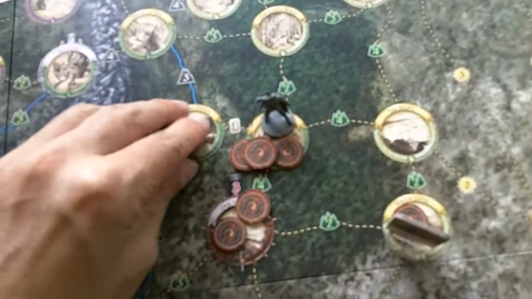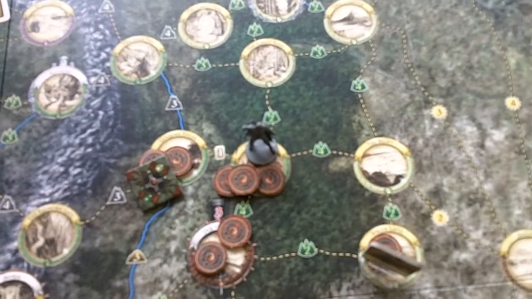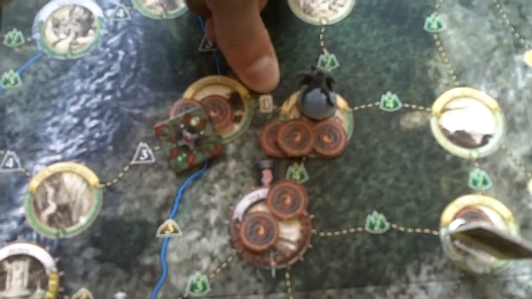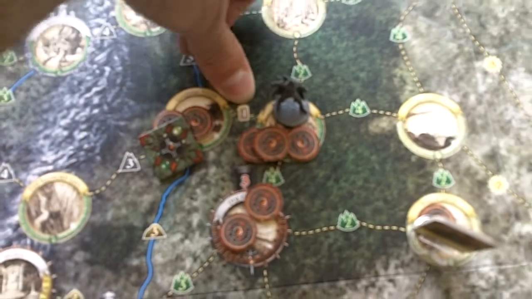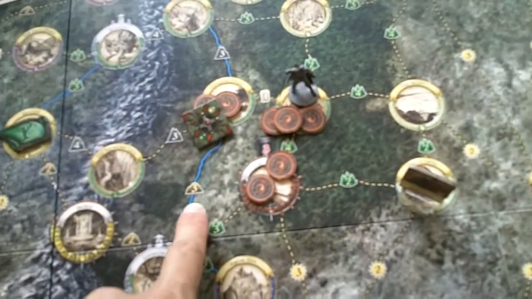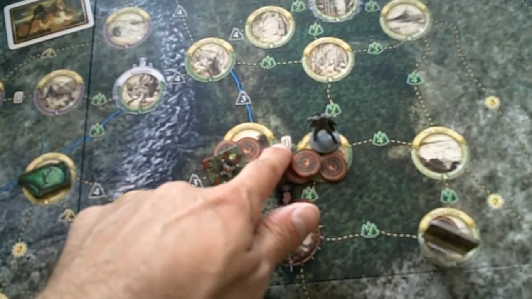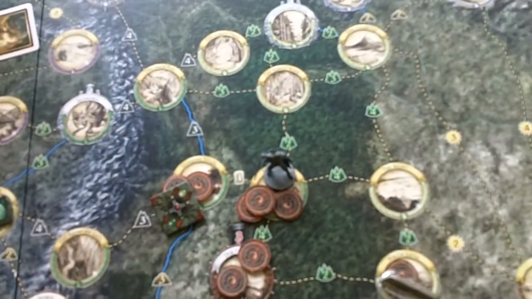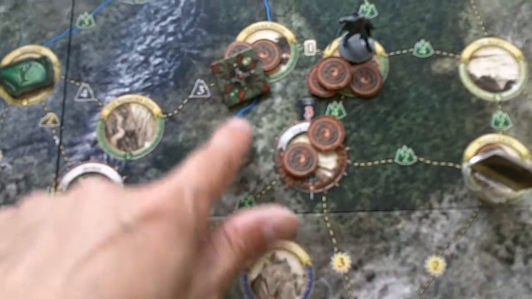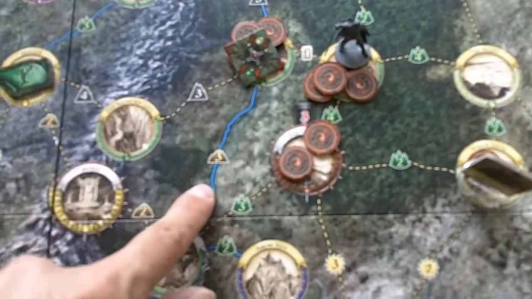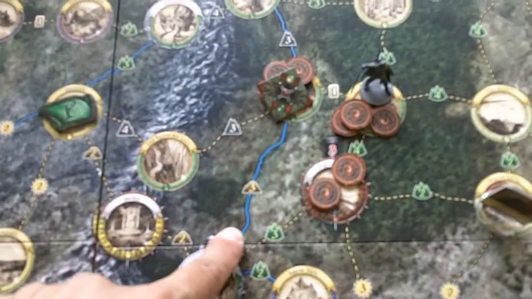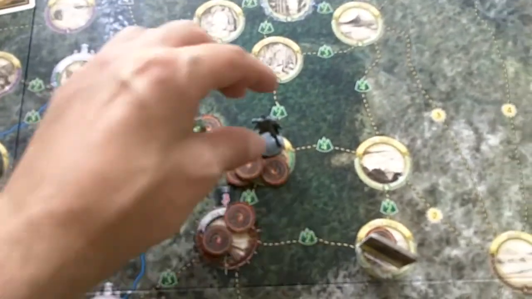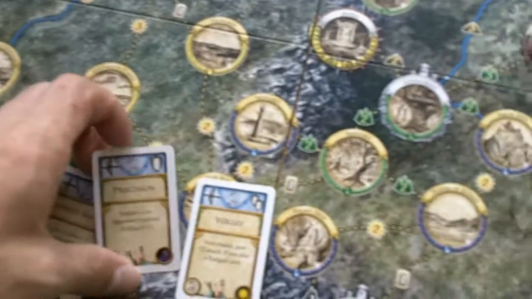Let's say I wanted to move over to Gladden Fields. Well, this icon, a little brown square, means that I just have to discard any one card. So you can see that's the other type of icon. There's the any card icon, there's mountains, hills, and the only other thing is the blue lines, which are rivers. They act just like any other connection unless you have the boat item card, which lets you go down those a lot faster. Okay, so I'll discard any one card,